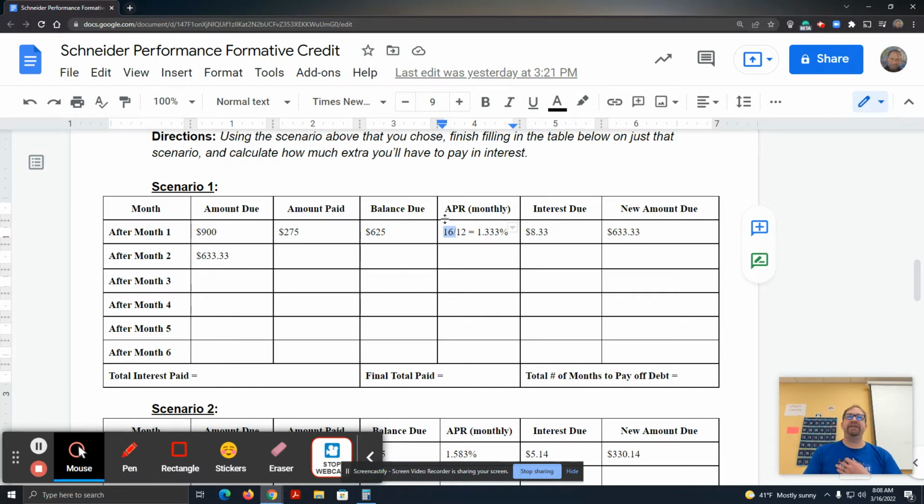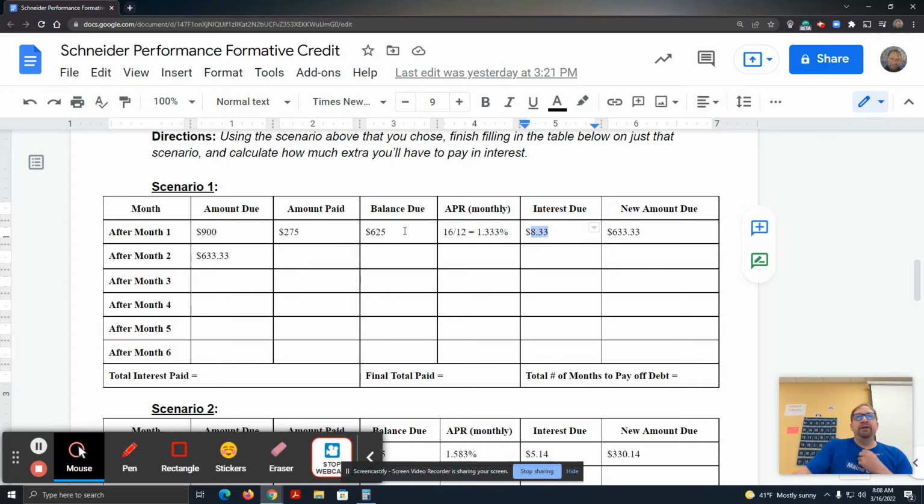So we're going to take 16 and divide it by 12 because there's 12 months in a year, and we're looking at a monthly statement. Okay, and we get 1.33%. I'm going to stress here that it's percent, because if you were to take 1.33 and multiply it times $625, you get a number bigger than the actual balance. And hopefully, logically, you look at that and go, okay, that's not right, in case you make that mistake. So it should be instead something like